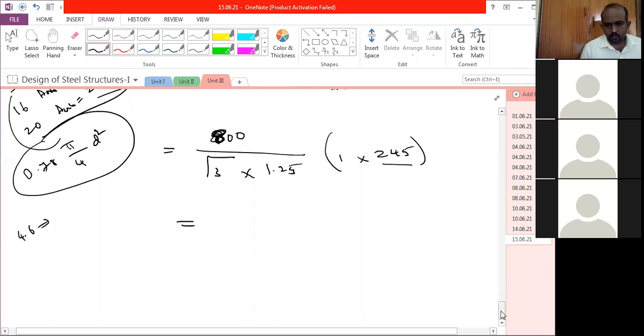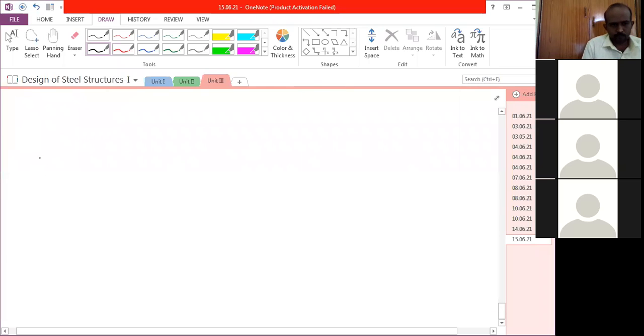Okay. So in the table it was mentioned that there are so many grades of bolts. It started from 3.6 and 4.6. And for your understanding, I'm writing all these things: 4.8, 5.6. This data is not given in the IS 800 special code book.